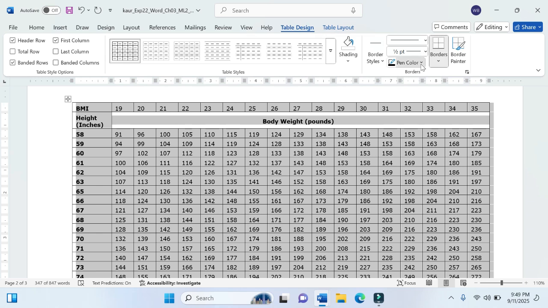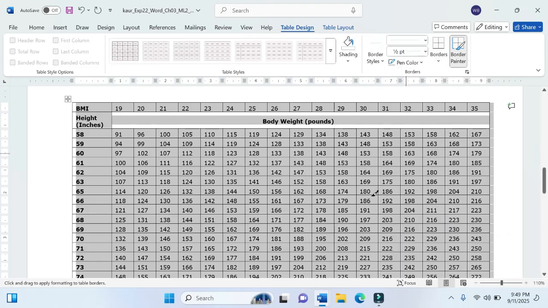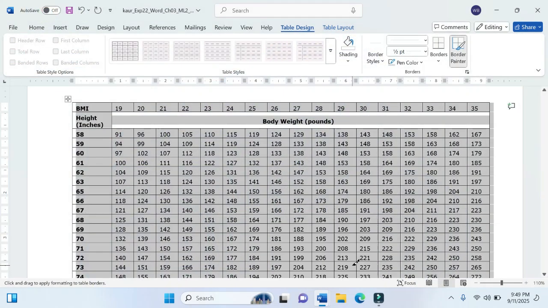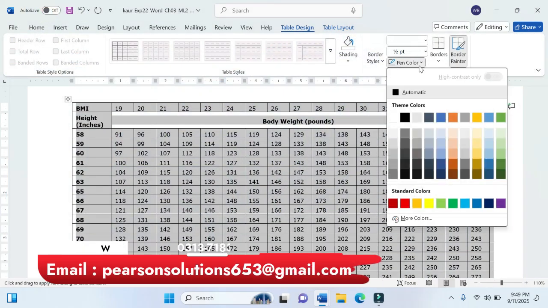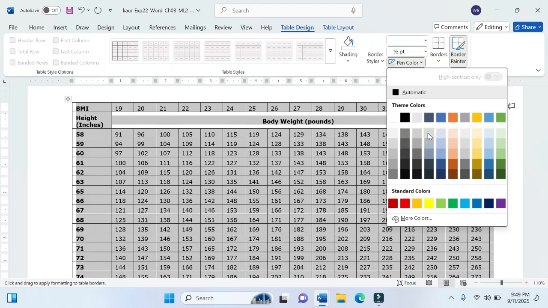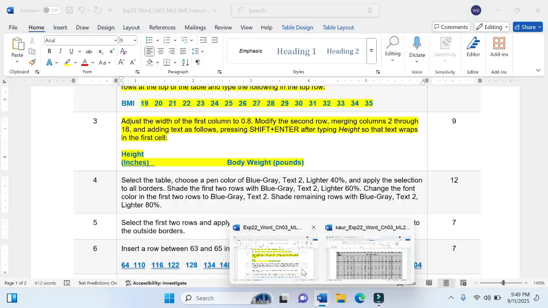Pen color of blue gray text to lighter 80%. Okay, sorry, 40%, not 80%. It's blue gray text to lighter 40%. This is 60% and this is 40%. We have to select this pen color. Okay,